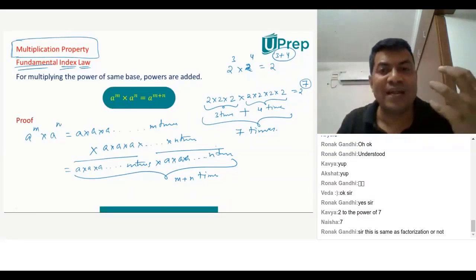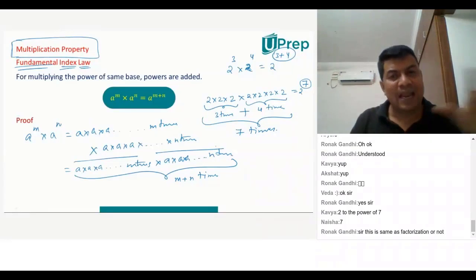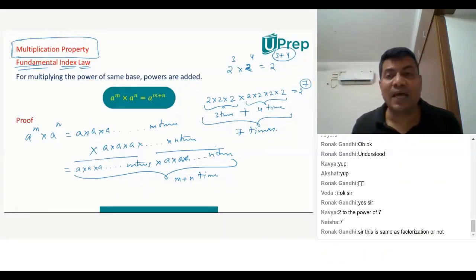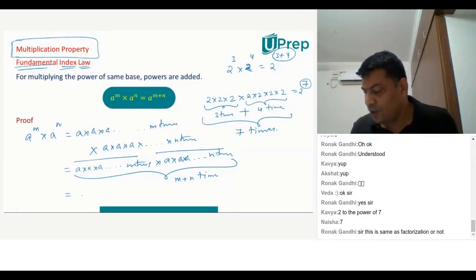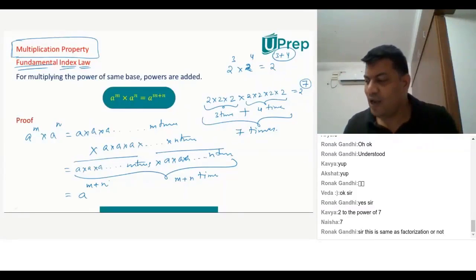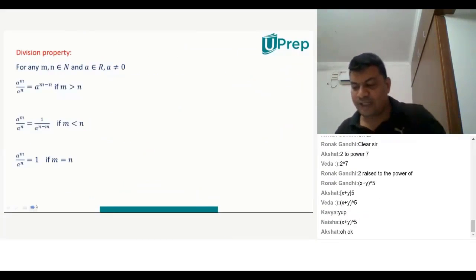So, for example, 5 times plus 4 times is 5 plus 4, 9 times. So we are saying m times and n times add up and give m plus n times. That's the reason that's equal to a to the power of m plus n. That's the proof of this particular theorem. And now every time, you need not learn it as a theorem, you should get it very clearly. Whenever you see a to the power of m into a to the power of n, it's simply a to the power of m plus n. Okay, let's get on with this.